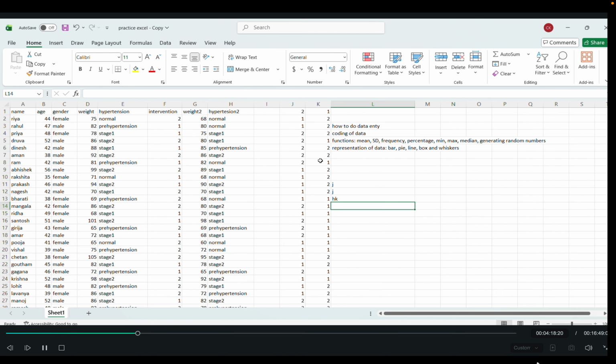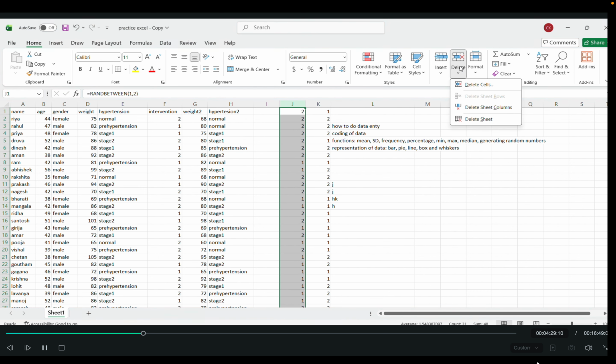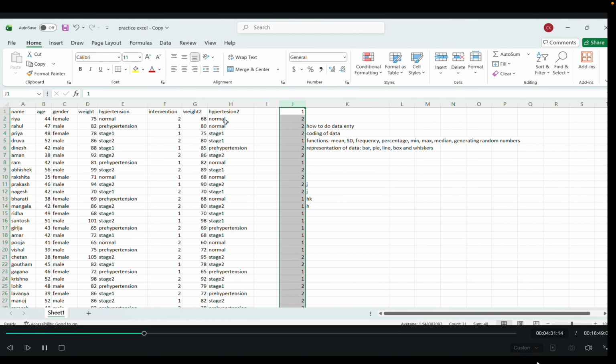So to freeze that, I just copied and pasted it in this column. If you use that paste option, then only you will get that. Now I am deleting these cells because I already have taken this intervention.